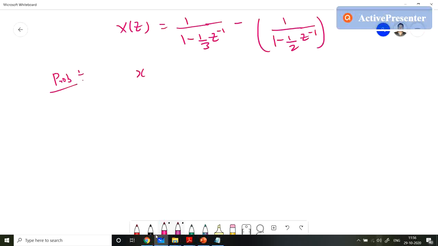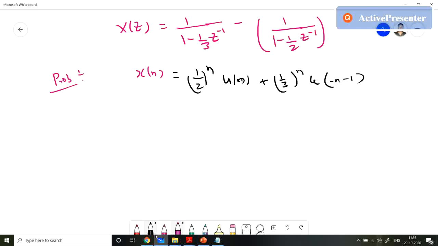We have x(n), the same problem but the treatment is different. x(n) is equal to (1/2) raised to the power n u(n) plus (1/3) raised to the power n u(-n-1). Now we have just changed these values. In the previous example we had 1/3 here, and in this example we have 1/2 here with u(n). So find